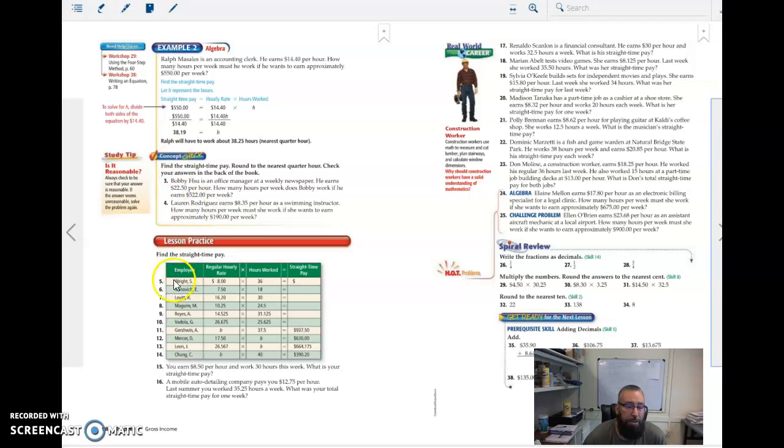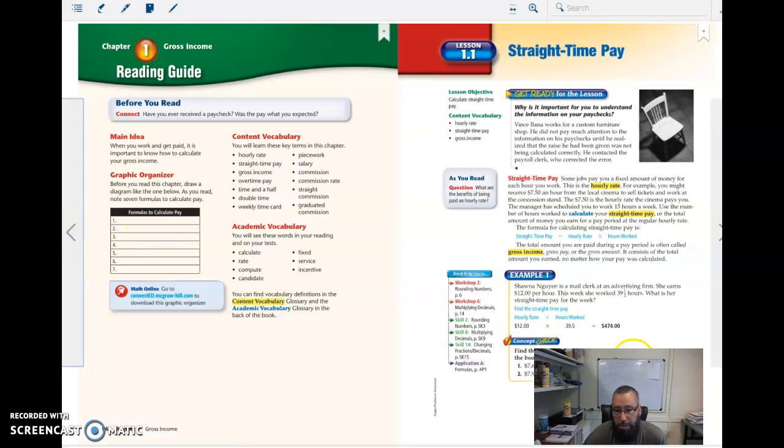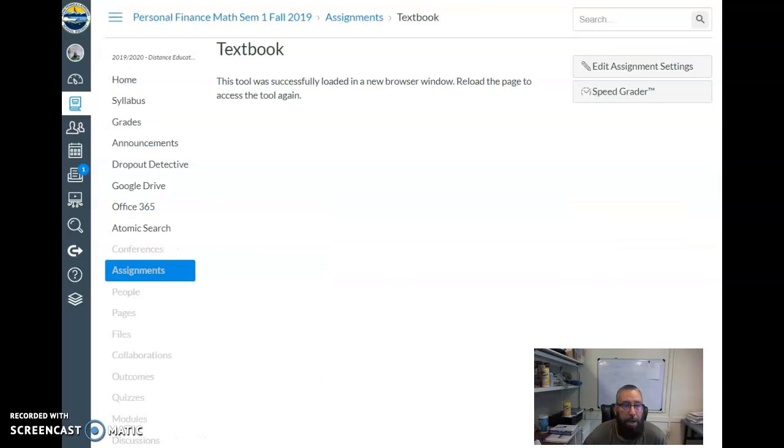Okay, and it said 2 through 24 even. So the first question then was back here on this page, right here. Okay, so number 2 right there. You'll do that, and what I would recommend is that you work through and do all the problems on a piece of paper. Once you get everything done, then you'll go back to the class here,